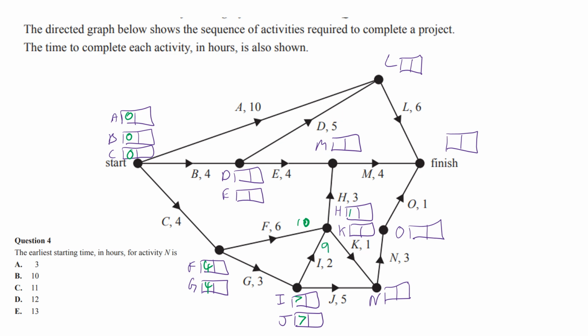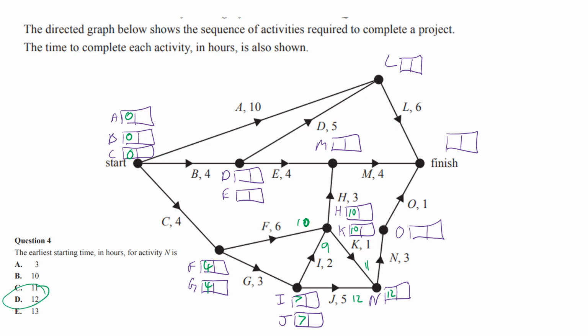So I'm going to choose the 10s for these. 10 plus 1 is 11. And then 7 plus 5 is 12, so I get 12 for N there. And that was the correct answer,